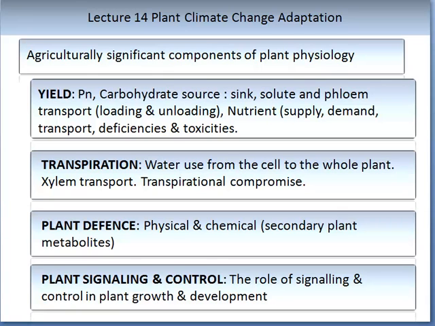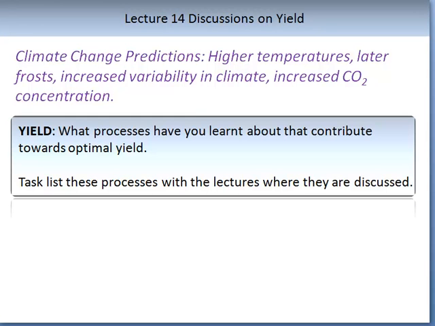Transpiration is another important component from an agricultural perspective: the water used from the cell to the whole plant. This involves an understanding of xylem transport, root intake of water, and transpirational compromise. Plant defense and plant signaling and control are also important agricultural components of plant physiology. To optimise economic return in many agronomic enterprises, it is often important in obtaining the best quality yield for your